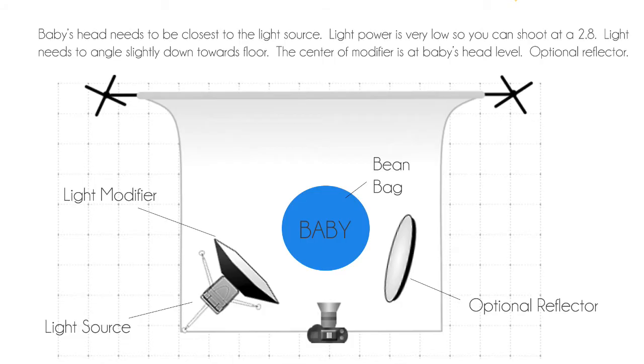So let's get to some pictures and just have you tell us about the positioning and where the light is and all that good stuff. Sounds good. All right, so the first picture that you all can see is a diagram of my studio light